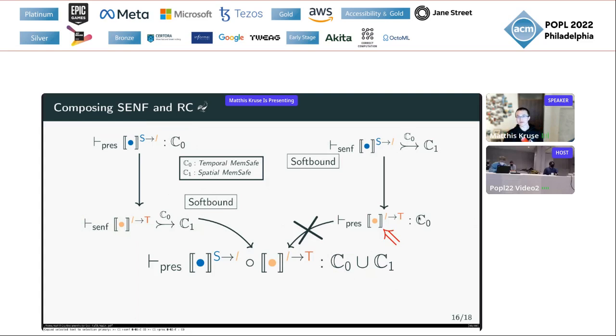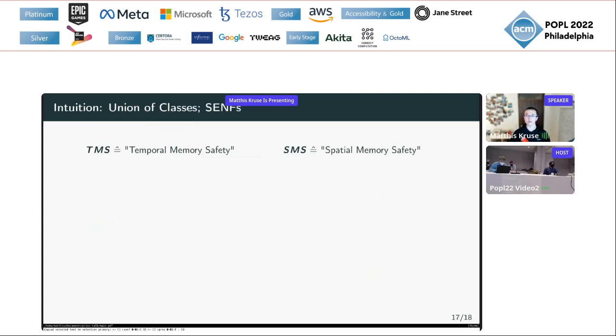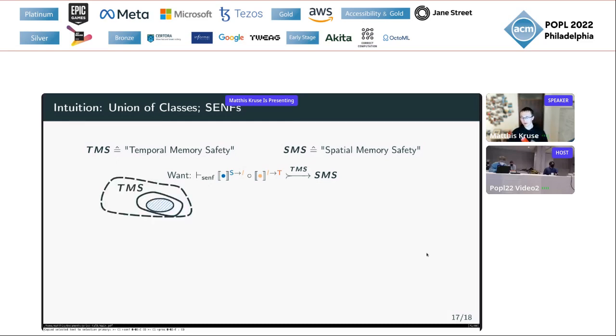So we have seen that secure enforcements can give us the union. However, the union is not necessarily that interesting if you union all safety properties with some hand-picked safety property. So consider memory safety, which may be split into temporal and spatial memory safety. To emphasize a crucial point, let's first consider the sequential composition such that the resulting compiler is a secure enforcement and not just robust. Unfolding the definition, we get as an assumption that some source program's robust behavior lies in temporal memory safety. Note that the union does not come into play here at all. The secure enforcement consists of an enforcement of spatial memory safety and a preservation of temporal memory safety. And the preservation is the only thing that gives us an assumption.